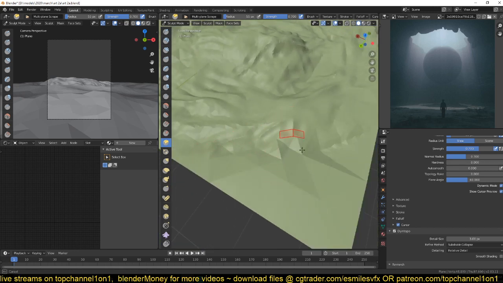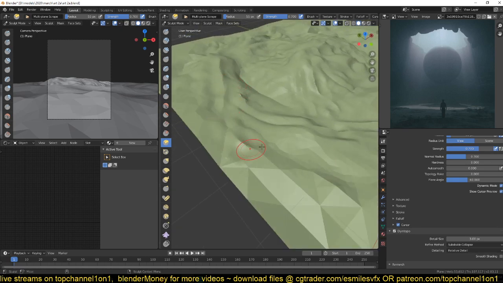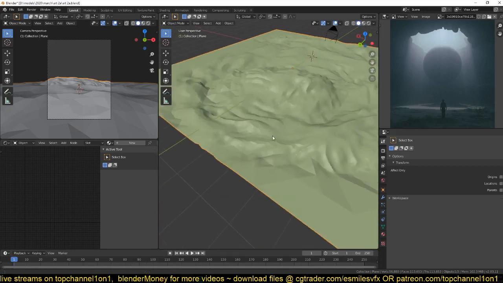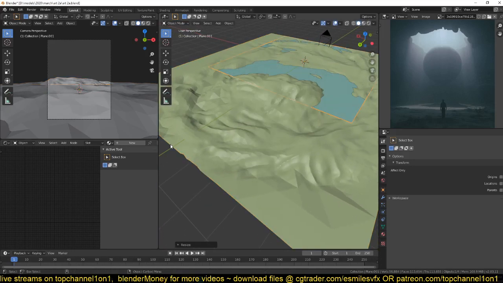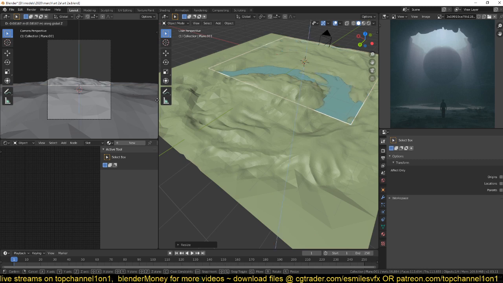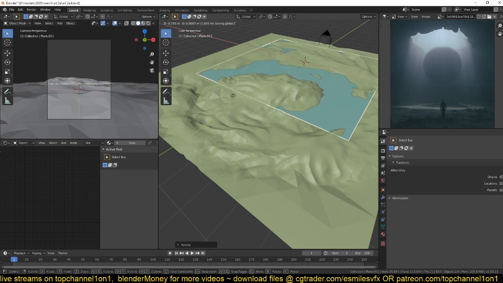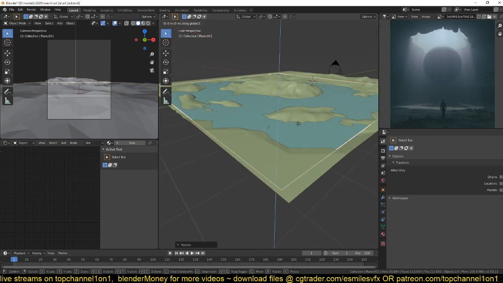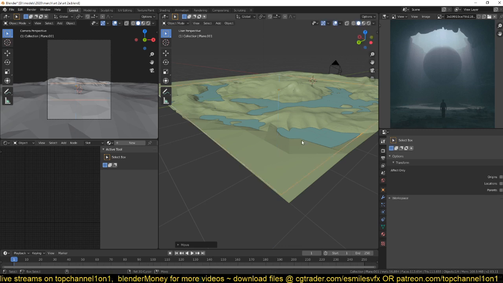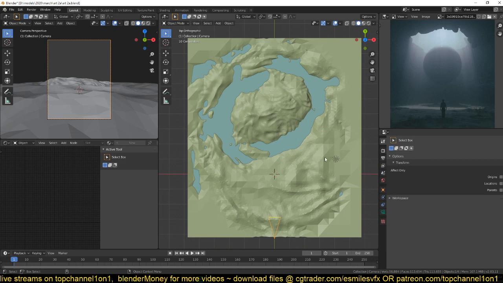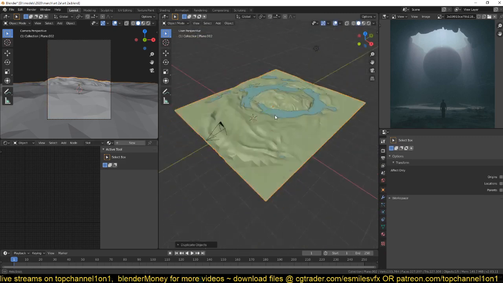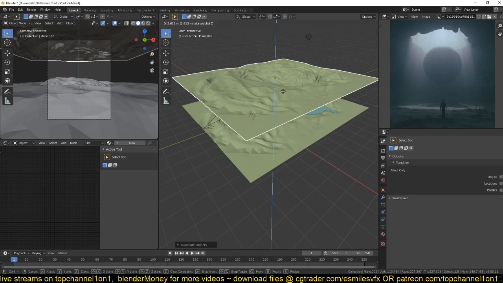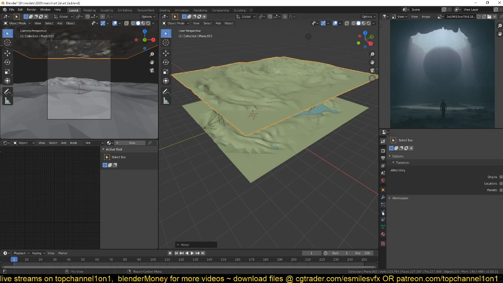And let's see. Let's just add in more details, like so. Yeah, I can add a plane for the water. Just something like this. Now, I think what I'm also going to do, instead of sculpting again, is just duplicate this, push this up, maybe mirror this on the z-axis, and